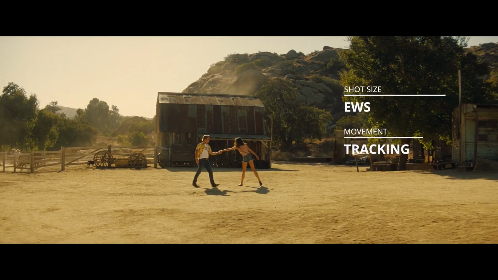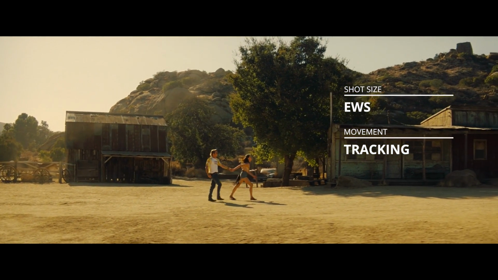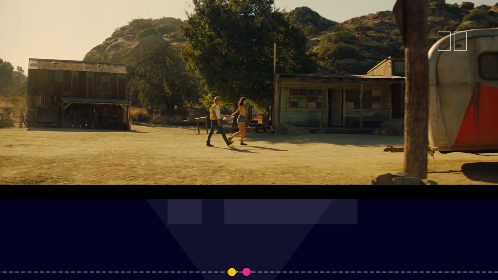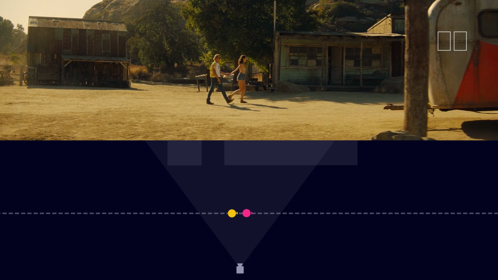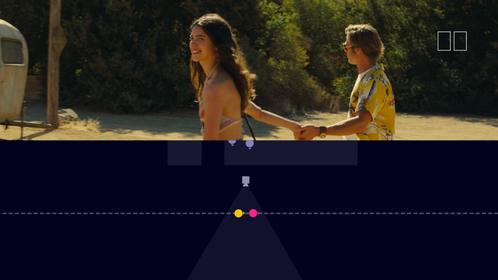Cliff's first steps towards the house are framed in an extreme wide shot, making him smaller and vulnerable out in the open. Screen direction has a strong effect on an audience member's subconscious. And in this section, the camera jumps across the 180-degree line, changing the screen direction, keeping us ever so slightly disoriented.